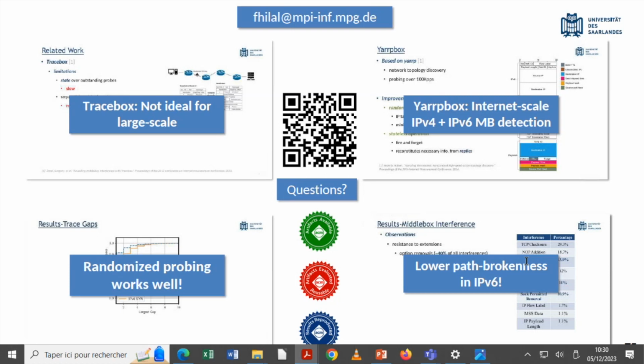Hello. You mentioned that it's not always possible to determine the exact IP because of how traceroute works. I'm sorry, could you repeat the question? I was not able to locate you. Oh, sorry.